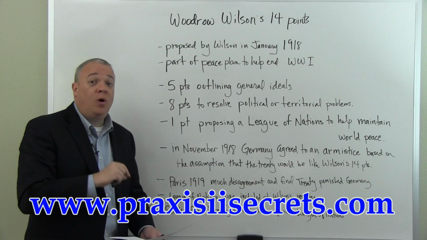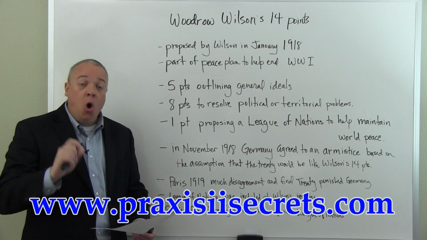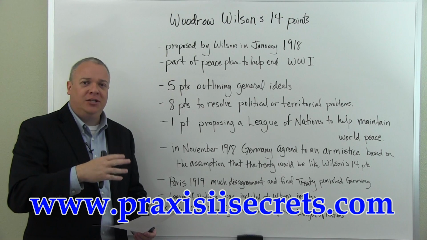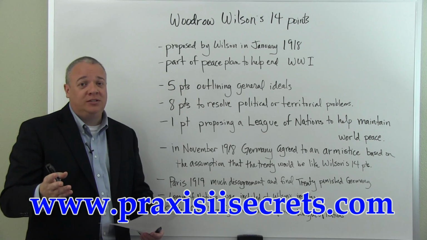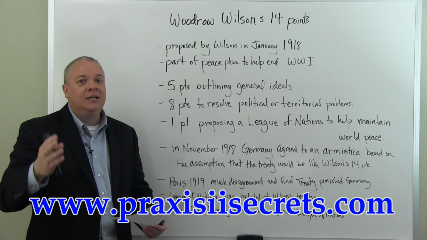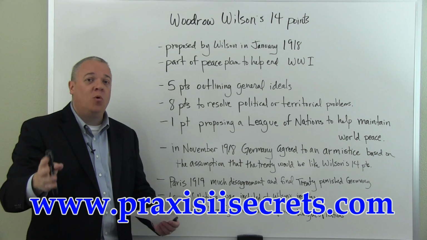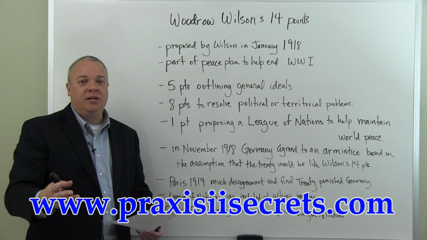The League of Nations was included in the peace treaty in Paris only because of Wilson's insistence. Paris didn't want it, the French didn't want it, the British didn't want it, no one wanted it except Wilson. But Wilson said, look, I've helped broker this deal. You are going to give me something out of this. I'm letting you have your territories more than I thought you should have. I'm letting you punish Germany and all that.